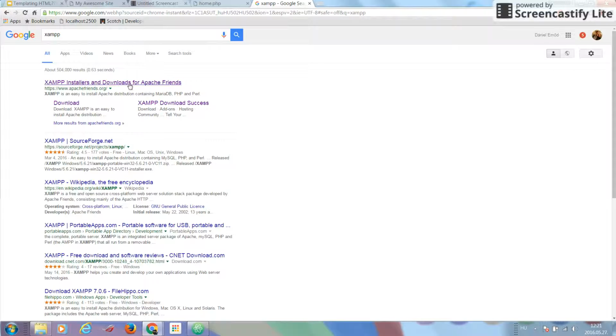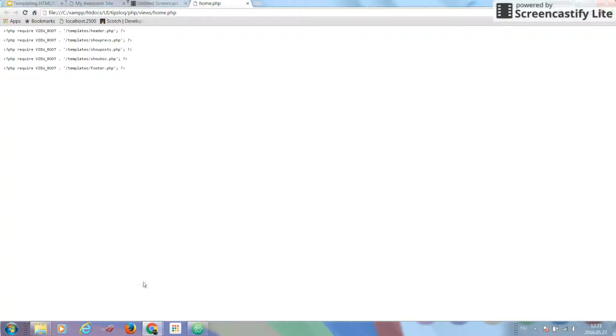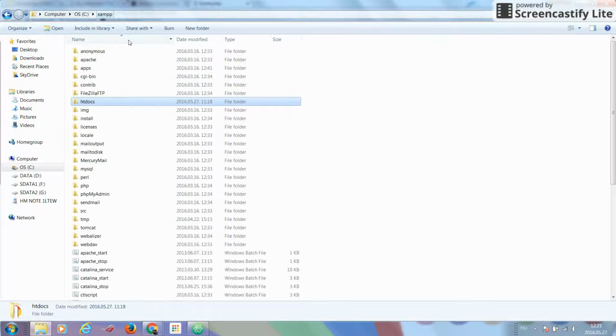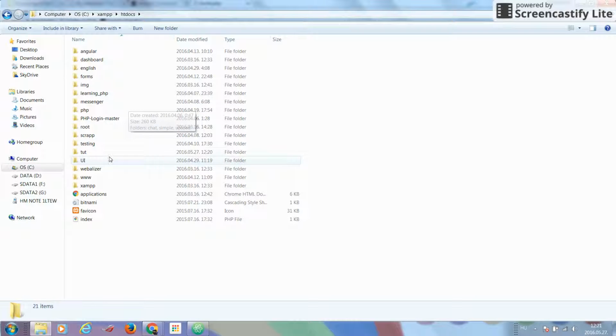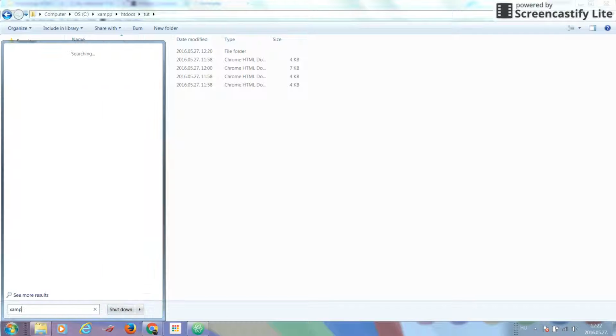Type in xampp into Google and just download xampp. It's probably the best server that you can download to your local machine, but you can use any one of yours. The important thing is just to include your project into your xampp htdocs, and then you can have it anywhere here. But this htdocs will be your www folder pretty much, so everything will start out from there once you start it up. So what you'll need to do is start xampp up,